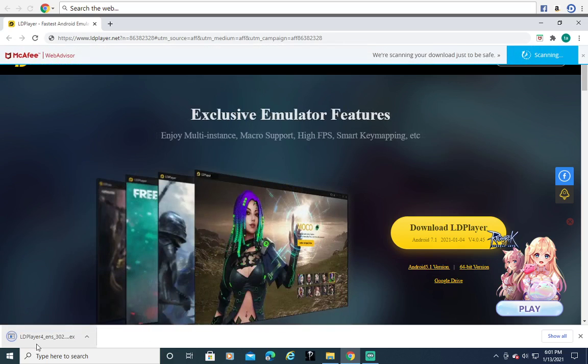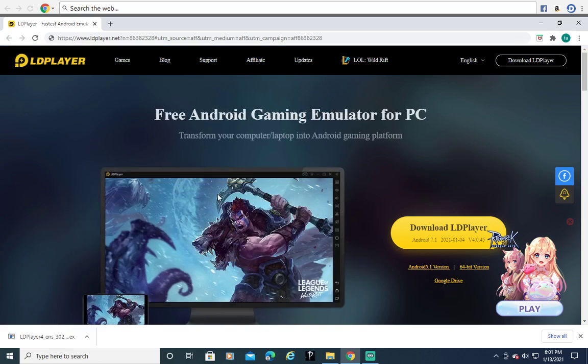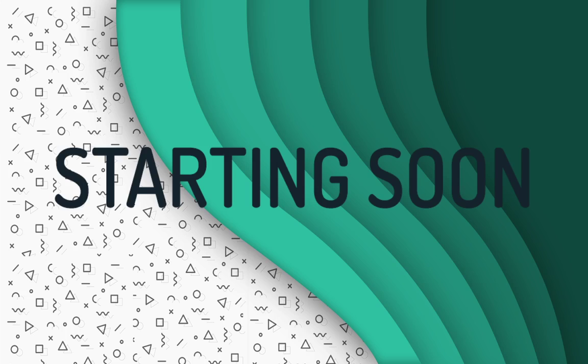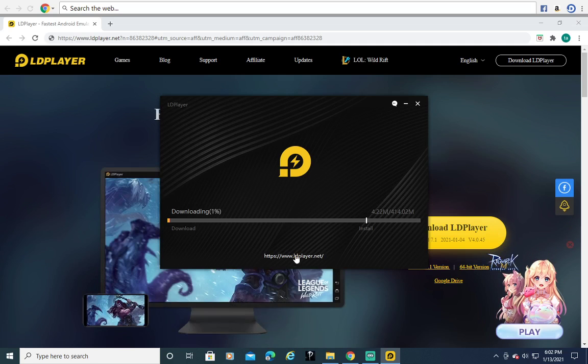It's going to say McAfee WebAdvisor, scanning it, but it's good because it does tell you when viruses are in files, which I have realized. Click on the link. It's going to ask to make changes to your device, and then you want to hit install. Now at this moment it's probably going to take around 3 to 4 minutes for it to install,